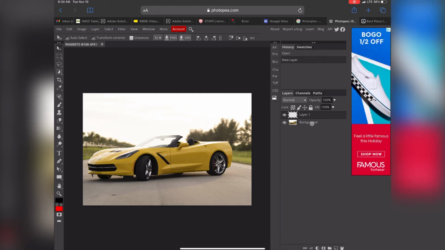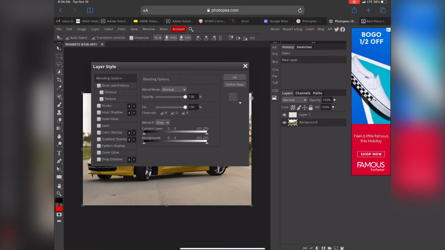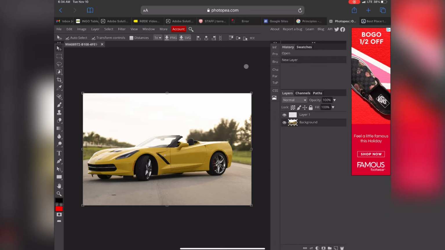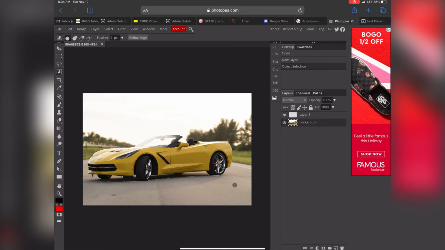Make sure you click back on your background. I don't know what I did, but make sure you're on your background. Then we come up here to the fourth tool down, the object selection tool, which we have not had a lot of success with, but we're going to try it today and see if it can actually select the car. You just drag a square and